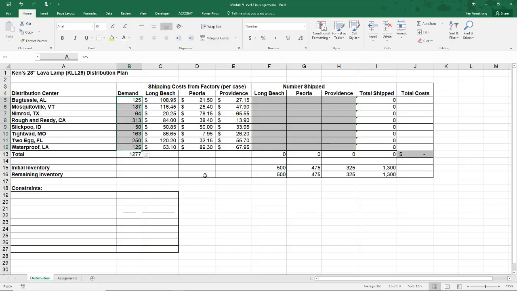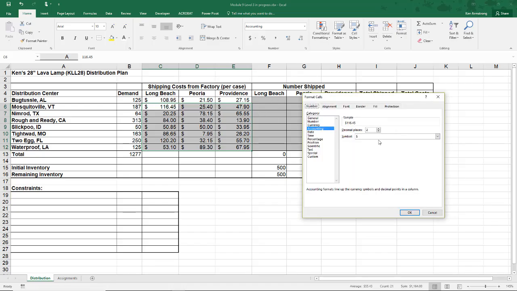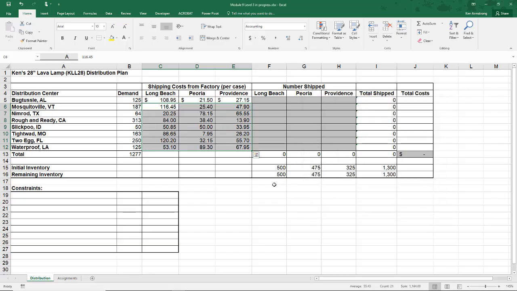First, we need to create a distribution plan for transporting the regular shipments of the 28-inch lamps from the plants where they're produced to the DCs that will then send them on to the retailers for sale to the general public. The scenario in this case is that because of the success of our initial rollout party, these lamps are in very high demand. Typically, you'd want to fulfill the demand of the DC from the nearest factory. However, since the demand is so great and widely fluctuates across the country, management has made the decision to meet the demands of the DCs from any factory that has lamps to ship.